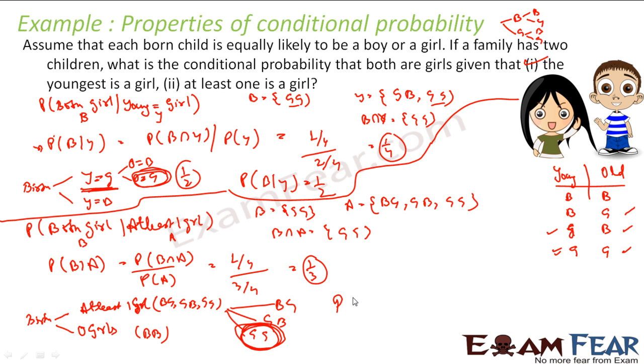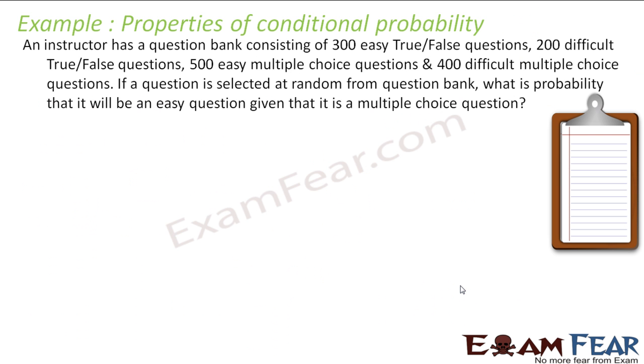I am looking for this guy, right? So the probability of girl girl here, given at least one girl, is based on only three events, and now my baseline is this set. Now from here, if I look, the probability of girl girl is 1 by 3. So using a graph also you get the same answer. Let's take one more example.